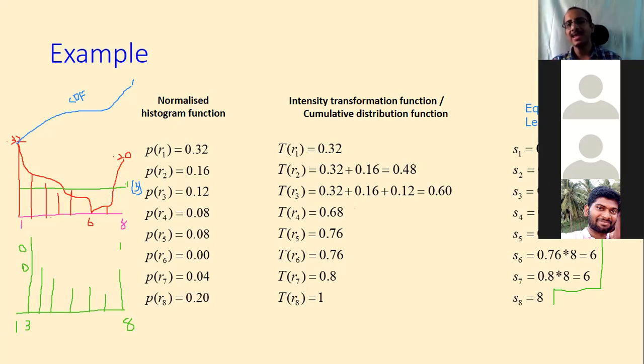Understood. So S1 is anyway 3, right? P of S1 is P of R1. So essentially what you are doing after this whole process is that P of Si finally is equal to P of Ri. Whereas the R1 value is 1, the S1 value is 3. That you should please keep note of. Hope you got the point, right?